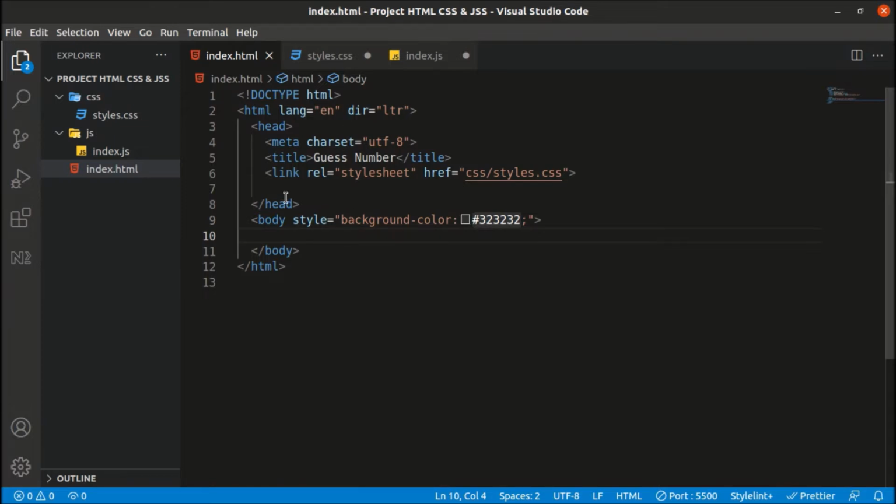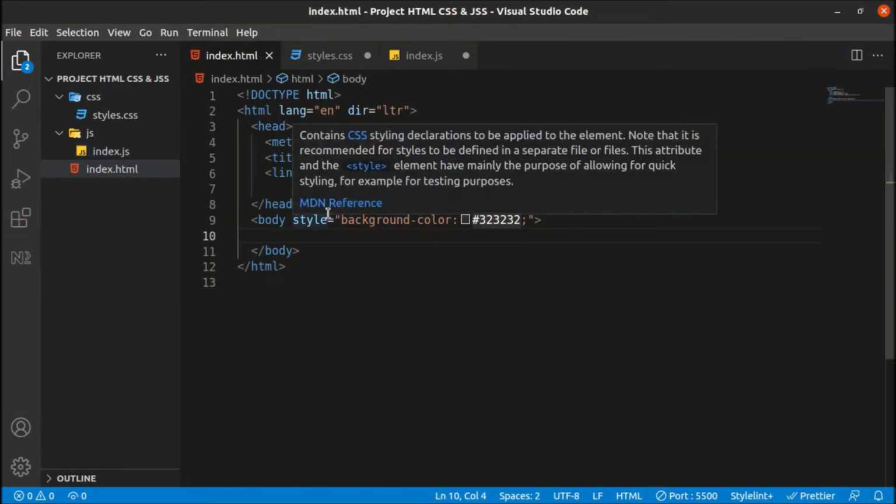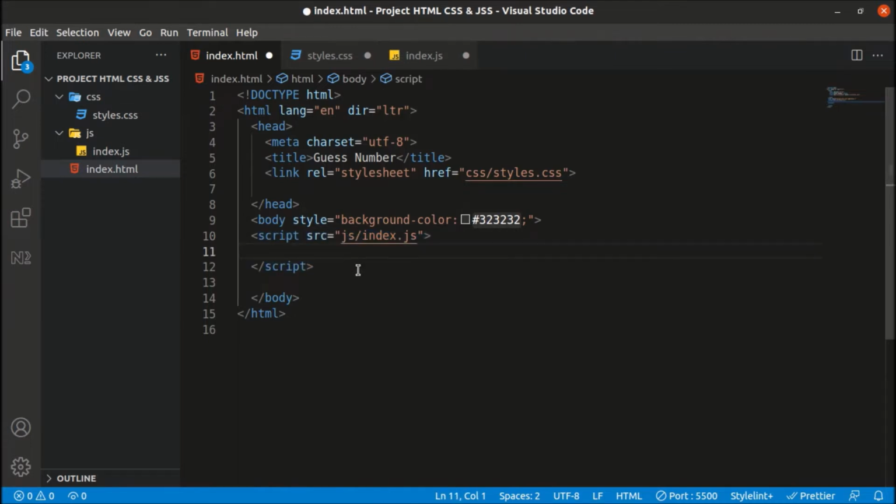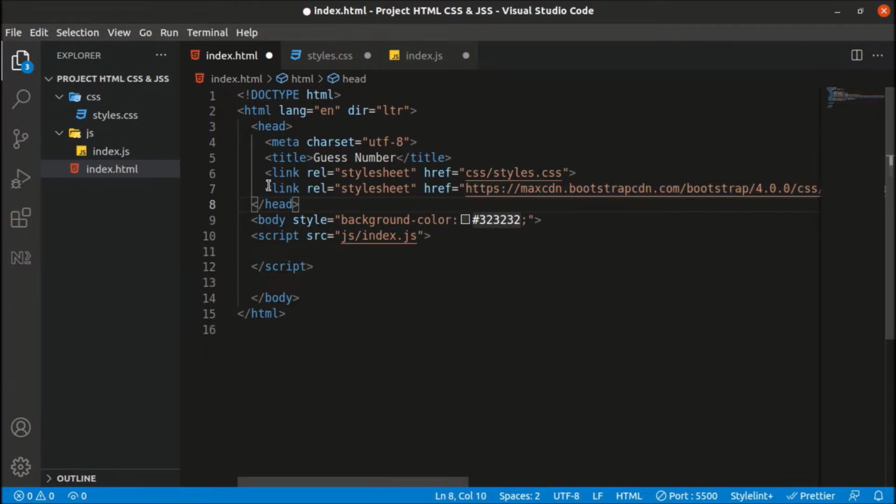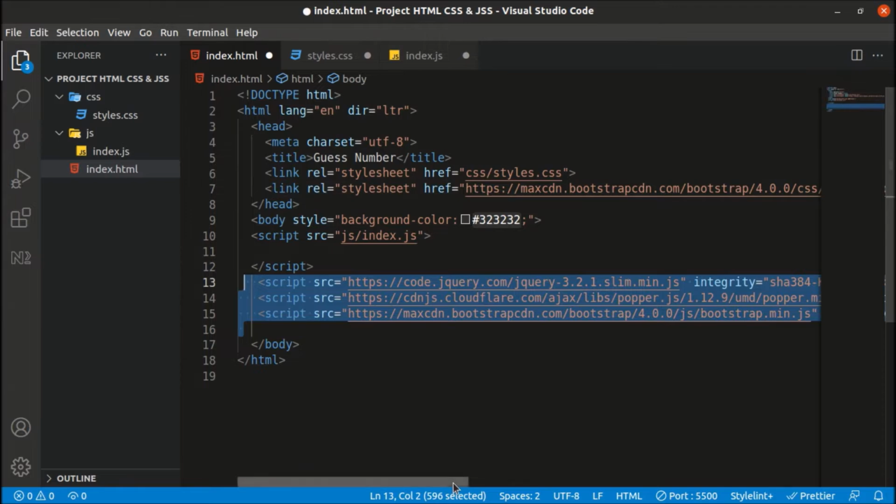Now let's include the JavaScript file, which is index.js. The code for including a JavaScript file in HTML is by using the script tag and then the location of our file. In the attribute called src, we are writing JS, which is the folder, and inside it we have a file called index.js which we want to include here. Now let's include Bootstrap, which will be used for styling purposes. I have copy pasted the link for Bootstrap 4. Here it is. You can find the link from Google, and the jQuery link will also be imported so that Bootstrap can run properly in our code.